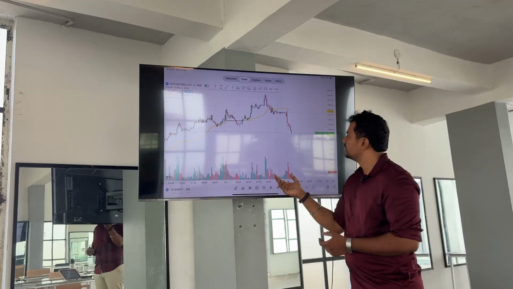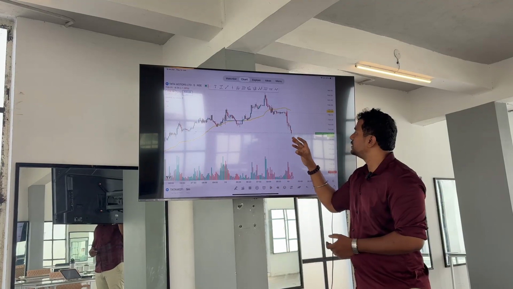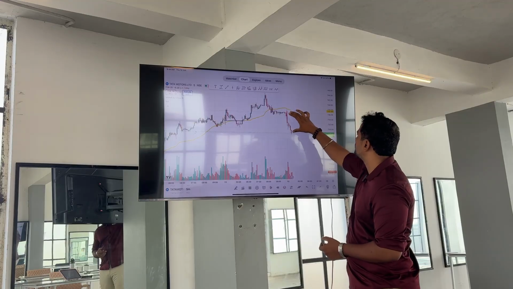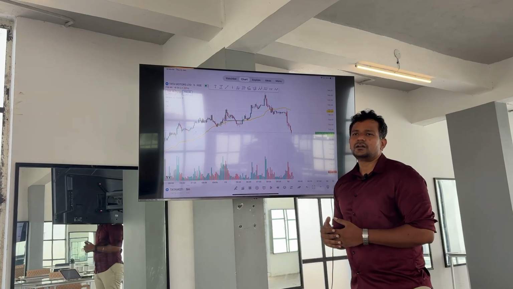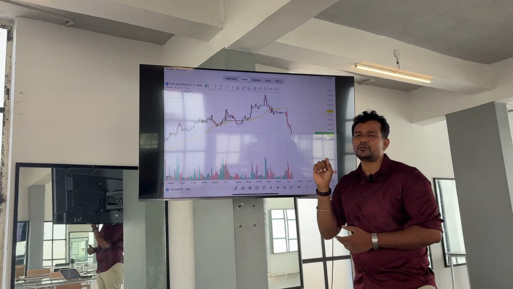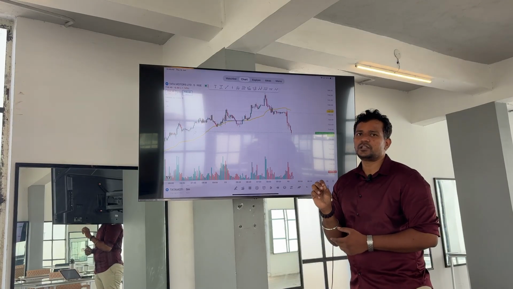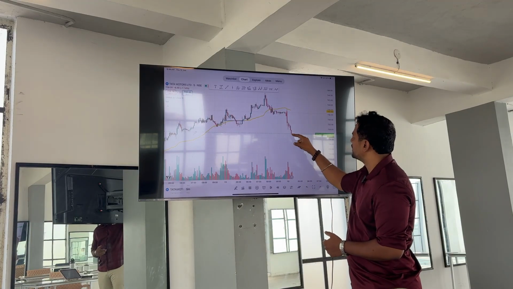If we had to take a trade in this market, in this pattern, we definitely have to take a selling trade. But since we have lost almost 10 rupees of price action on the chart, we can't directly take a selling trade. We have to wait for the opportunity on the selling side also. But right now, since it has lost 10 rupees, what we can observe is